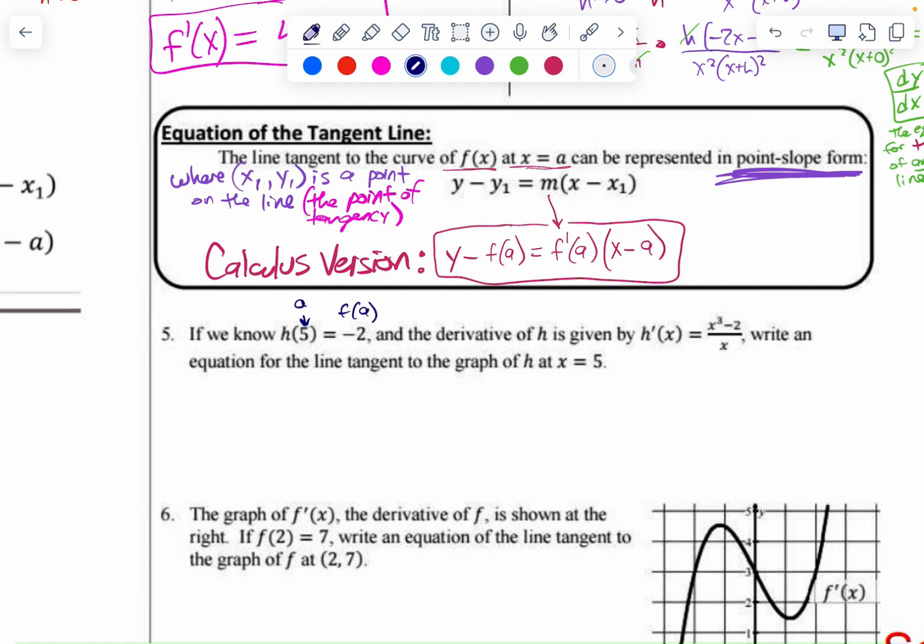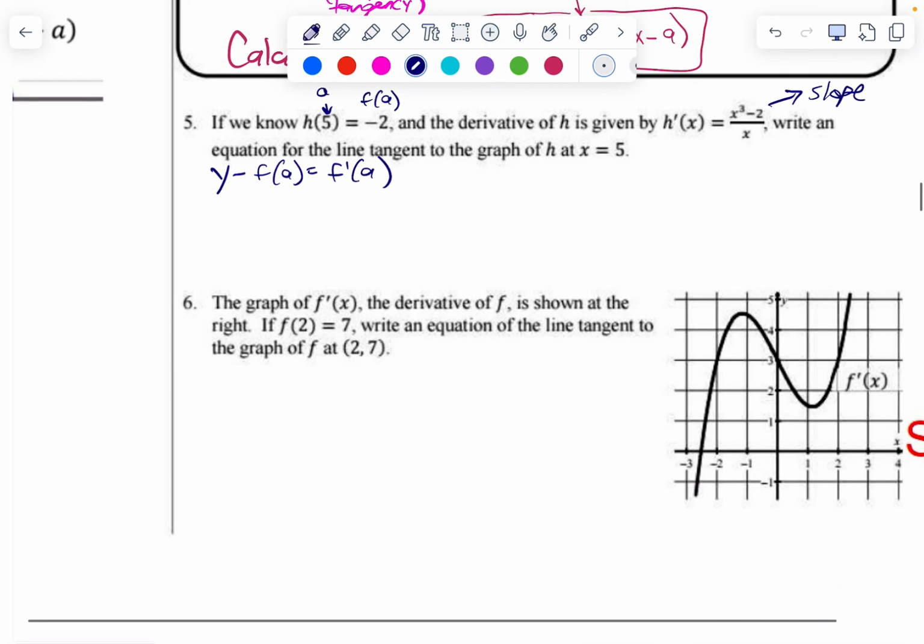The derivative of h is given, so we don't have to go calculate that whole long process. What is this going to give us? The derivative of h, once we use it. That's the slope, right? And if we plug in 5, we'll have the slope at 5. Write an equation for the tangent line, etc. So maybe start with this: y minus f of a, just because it gives you what you need to plug in. So it equals f prime of a